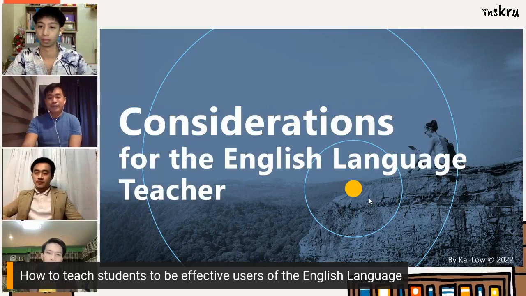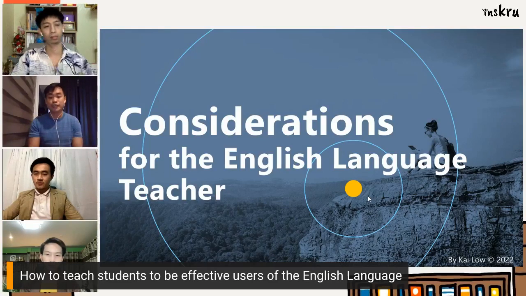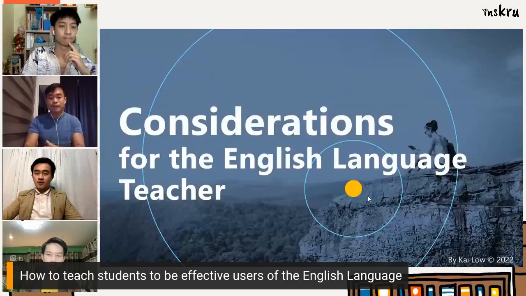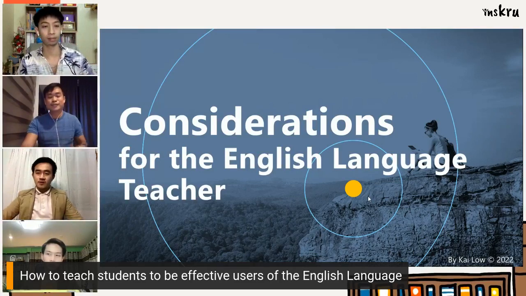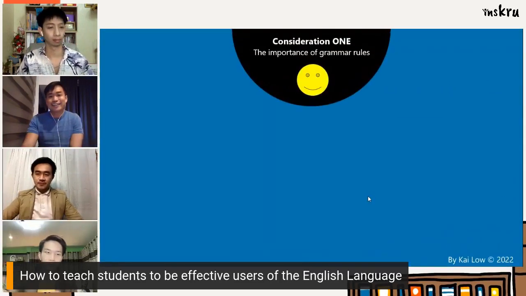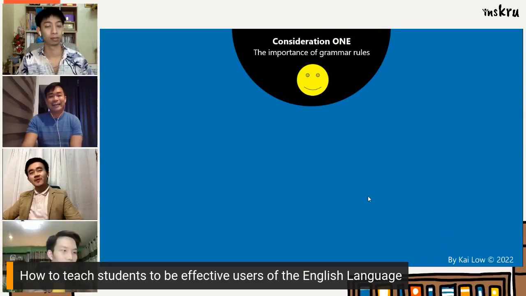Now, the title of my sharing today is Considerations for the English Language Teacher. And considerations are like the factors, the priorities that essentially will determine how we teach our learners the language in the classroom. So based on my experiences in Singapore, I am very keen to share with you 2 key considerations I have learned in the last 10 years. So for many of us,